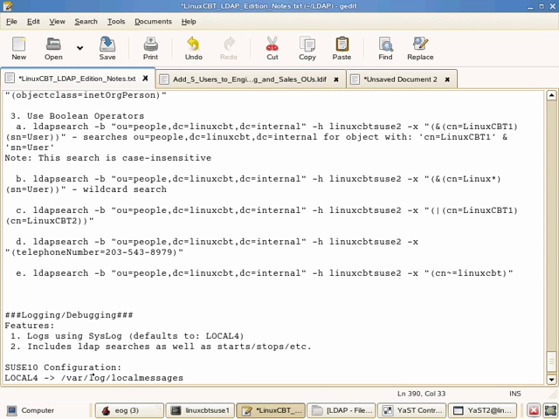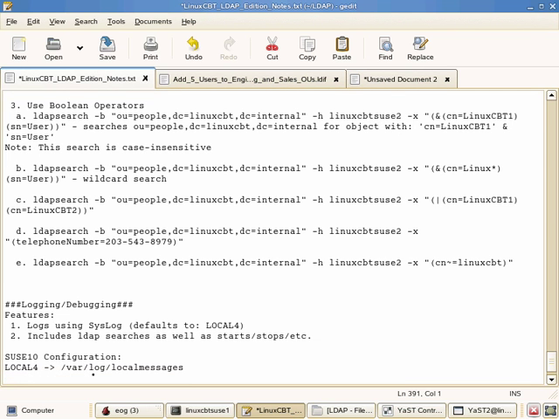Doesn't mean we can't split local 4 out. We certainly can, routing it to its own file, such as a file named ldap. But just know that if you're on a SUSE box and you're looking for LDAP related logging information, you're to search /var/log/localmessages. Now the syslog configuration in SUSE is defined in /etc/syslog-ng,